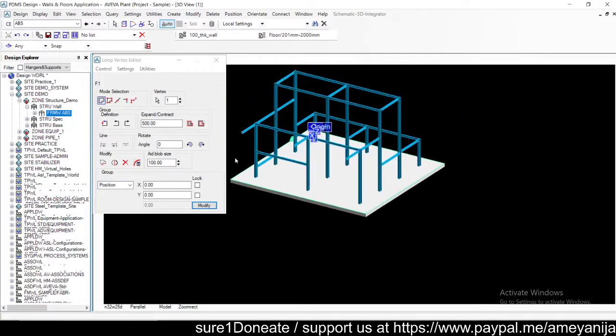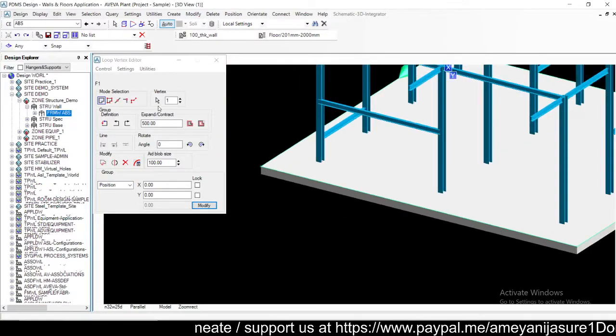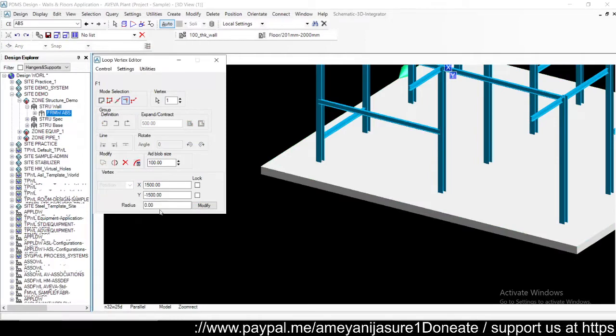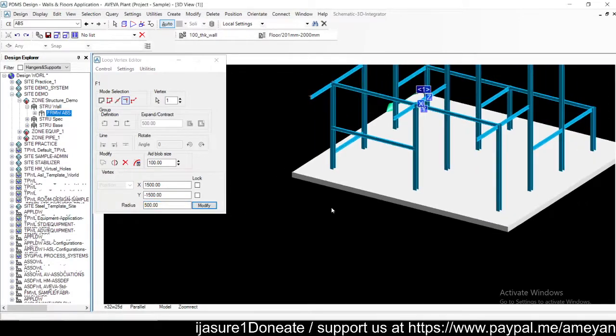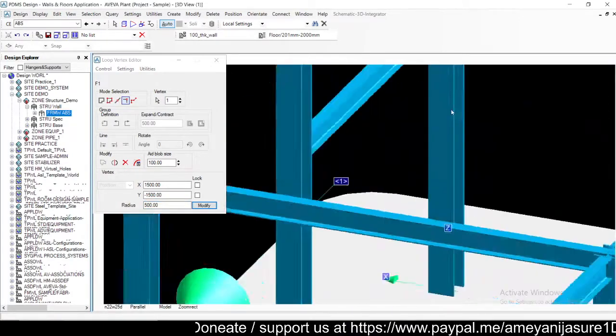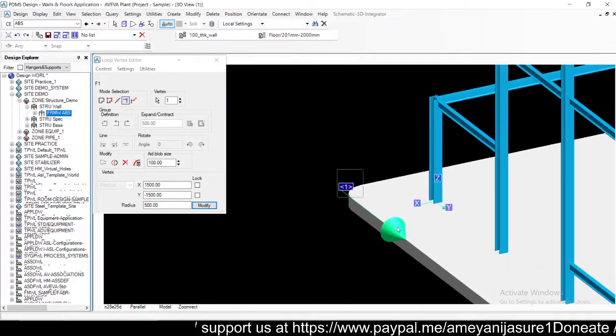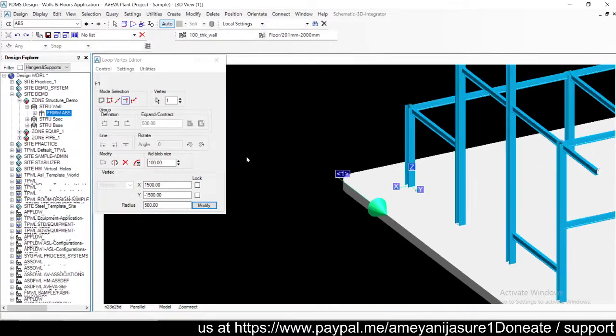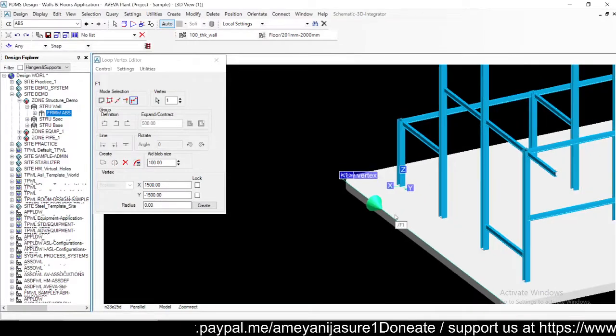Now let us say I want to modify something, so I will go here and select the point modification option. There is a radius option at this point. If you want a radius, you can have 500 as the radius, and you can say modify and check which point is getting modified. This point is getting modified to the radius. If you want to insert a new point, you can just click here, and then you can have a distance. Say in y I want this to be,